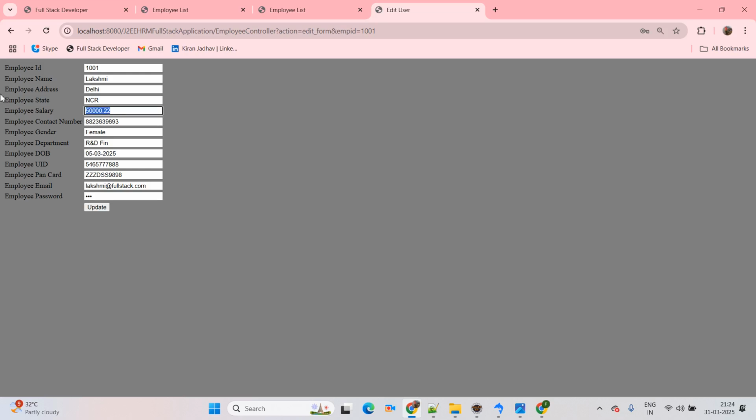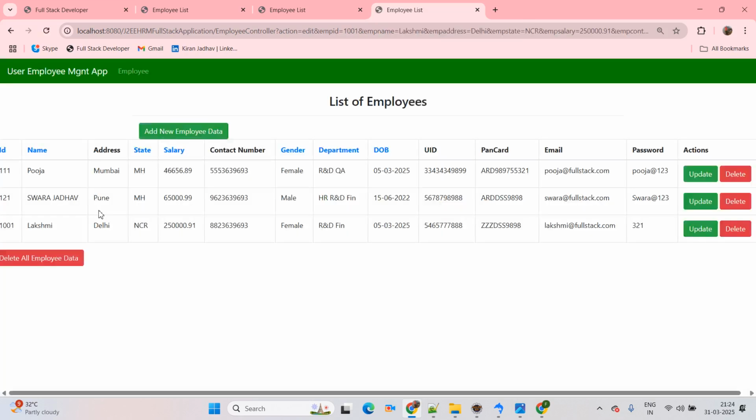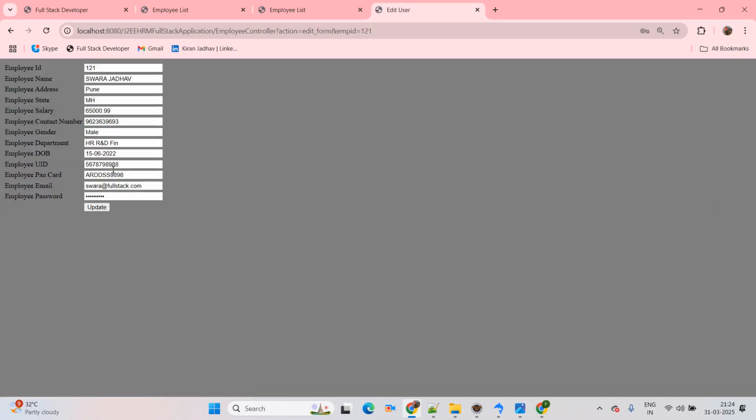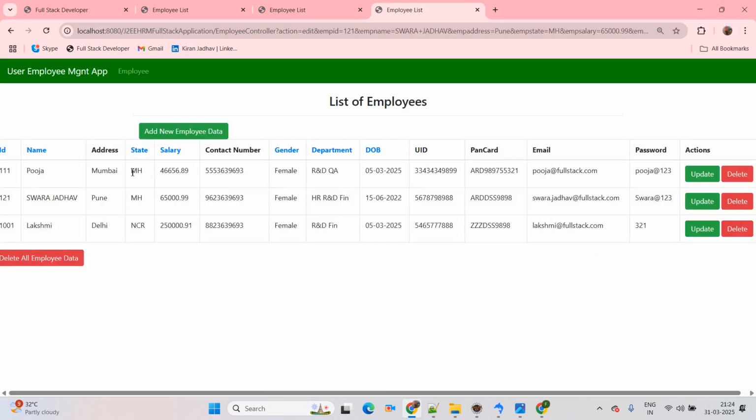We are trying to update the salary here to like 50,000.91. Just click on update and yes, salary is updated successfully. Not only salary, if you want to update the details for Sora, then come up with this Sora here, and we are trying to change the email now, sora.jadhav@fullstack.com, and if you want to change the DOB, that is also possible actually. Here gender will be considered as female. Now simply click on update, see one screen. Now Sora is updated here, gender has female here, and if you check here, email is also updated successfully,